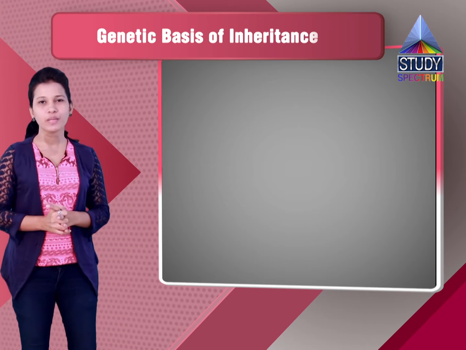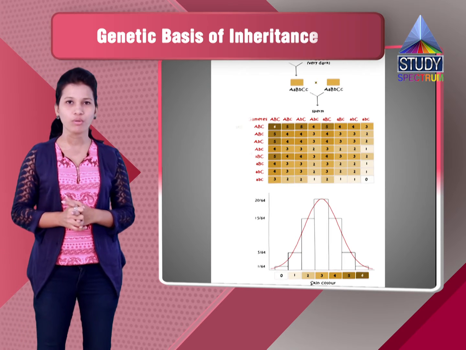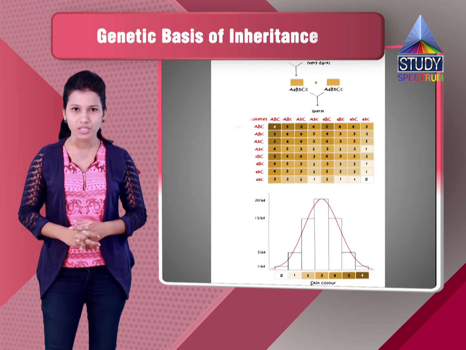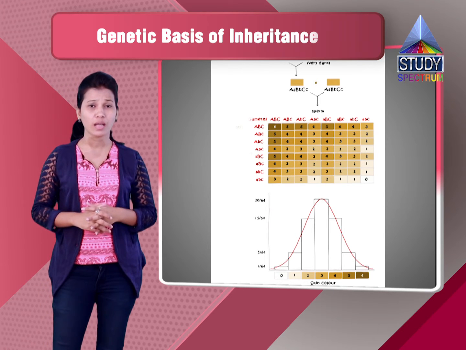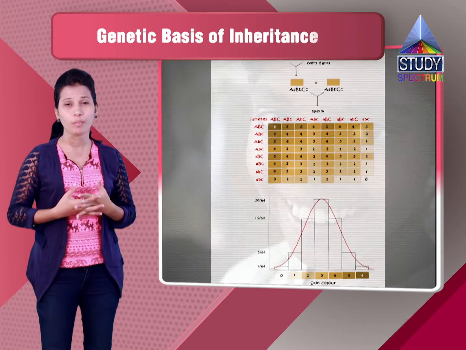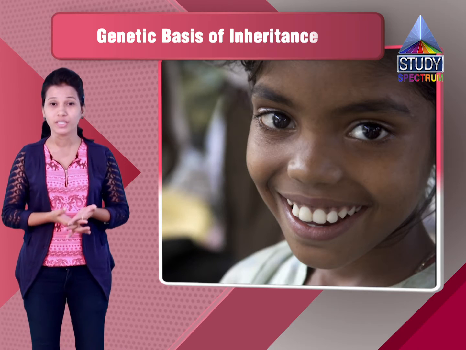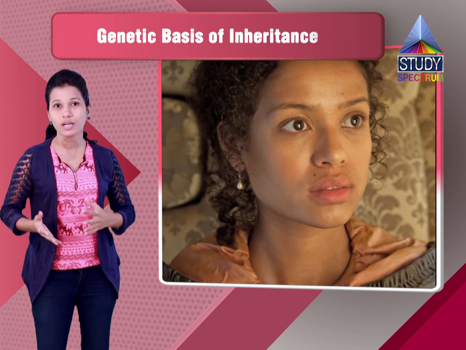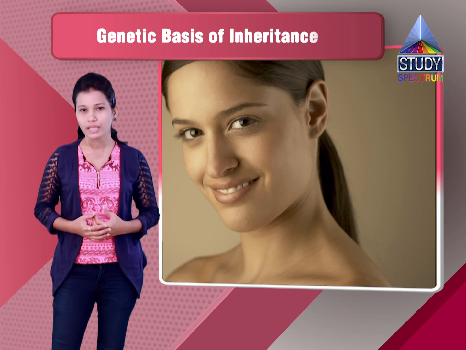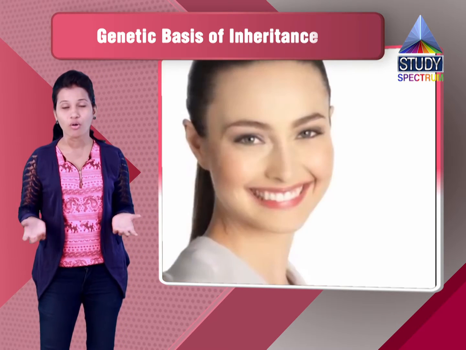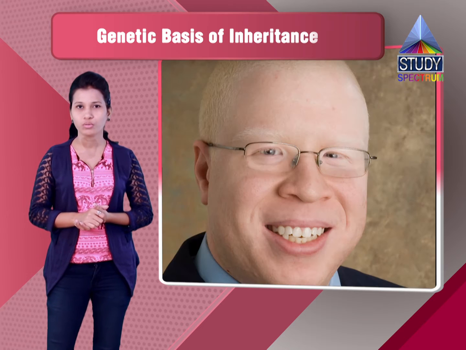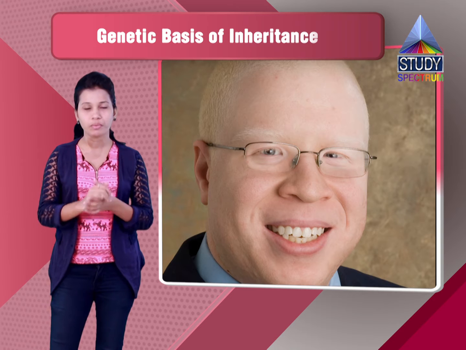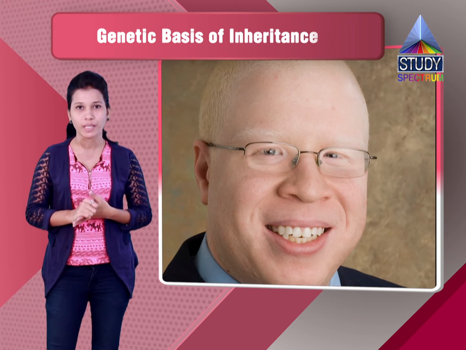Another example in polygenic inheritance that we should know is the color gradations that we see in human beings. We see that there are various colors, pure black color, then very dark brown, then dark brown, mulatto, that is the savla we call it, which is intermediate between the white and the dark, and then there will be fair, very fair, or there will be albino person also who will not have the pigment at all, and that person will be completely white.